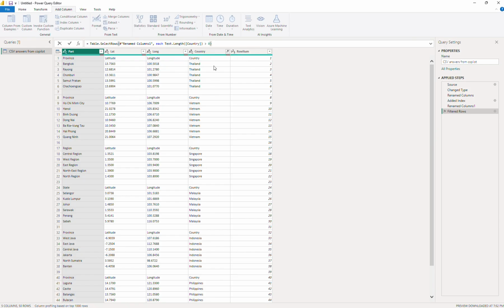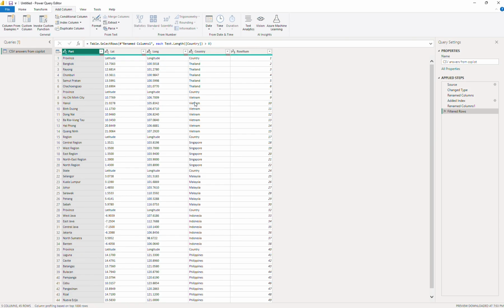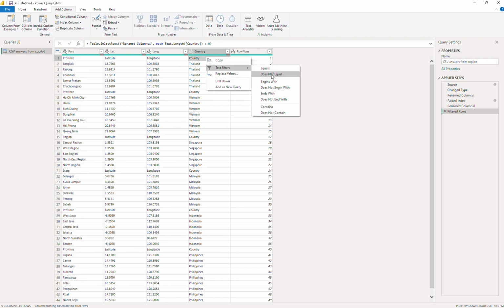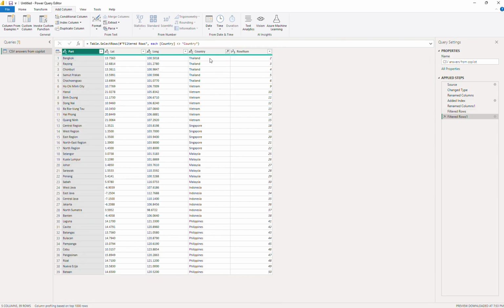So this means that I only care about the country, the row with the not empty length, and other than that I will ignore. I do the second one, and this one I do does not equal, so I remove all the header rows. So that one is very straightforward to